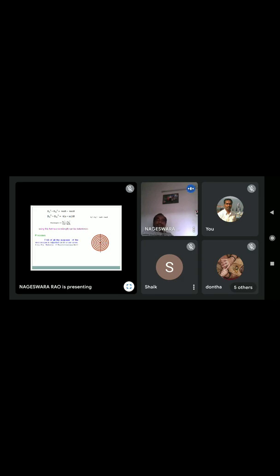What is the procedure? First of all, these are the bright and dark rings. The central one is a dark ring, because in the case of Newton rings the center is where the thickness t is zero, so the path difference is λ by 2. We know path difference λ by 2 is the condition for the dark ring, as already discussed, so the central ring is dark. This is the bright ring, this is again dark, bright, dark, bright, dark, and so on. We can observe these Newton rings from the micrometer eyepiece.